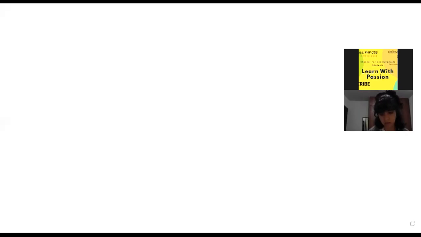Yes, but it's a whiteboard. Yes, it's a whiteboard to show you what we want to draw, what we want to develop, and basically how we can use the Flexbox.